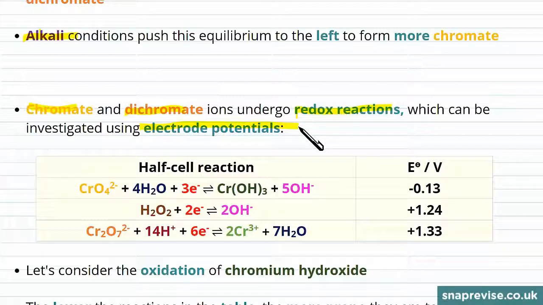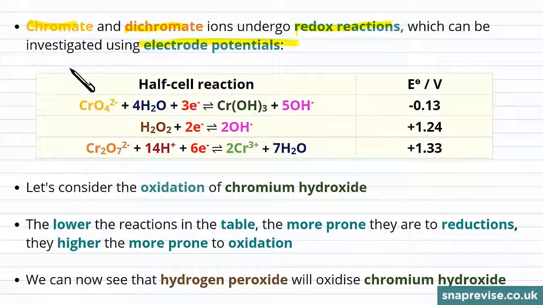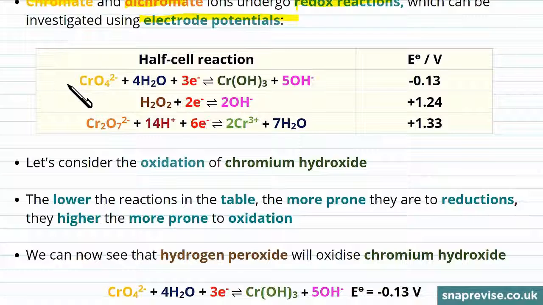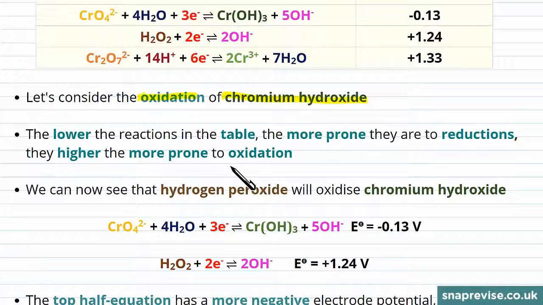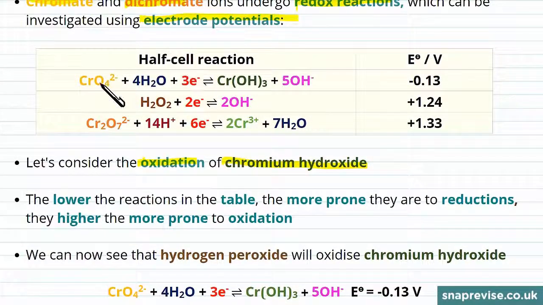We can investigate these reactions using electrode potentials, and that's what this table summarizes. We have the half equations for the reduction of both the chromate and the dichromate ions, and we're going to see how hydrogen peroxide can cause this reduction or oxidation. The specific example we're going to consider is the oxidation of chromium hydroxide, so we're going to be forming the